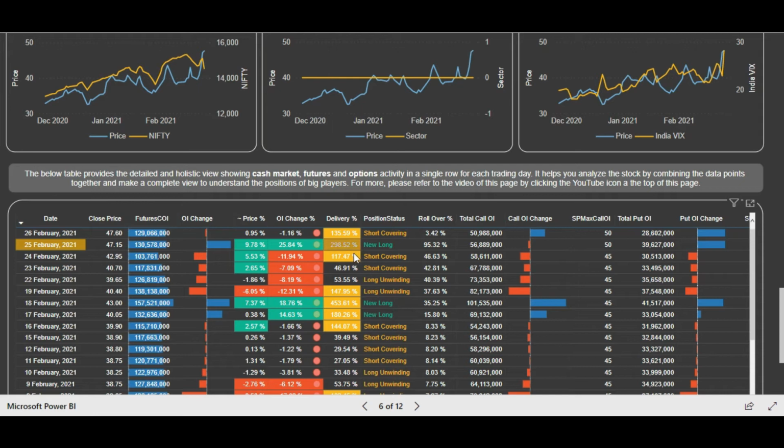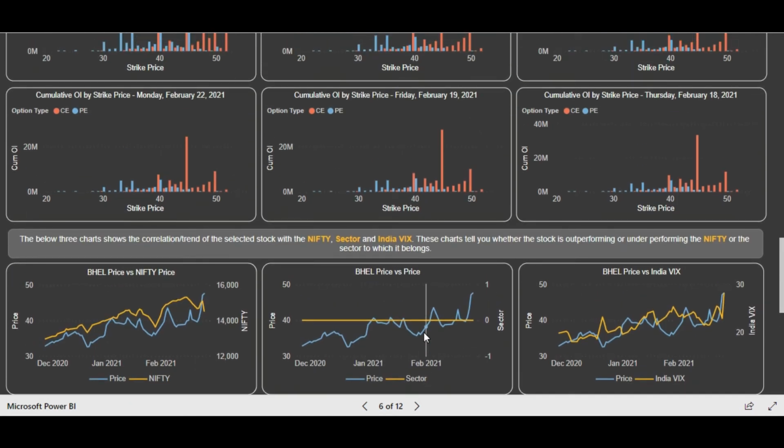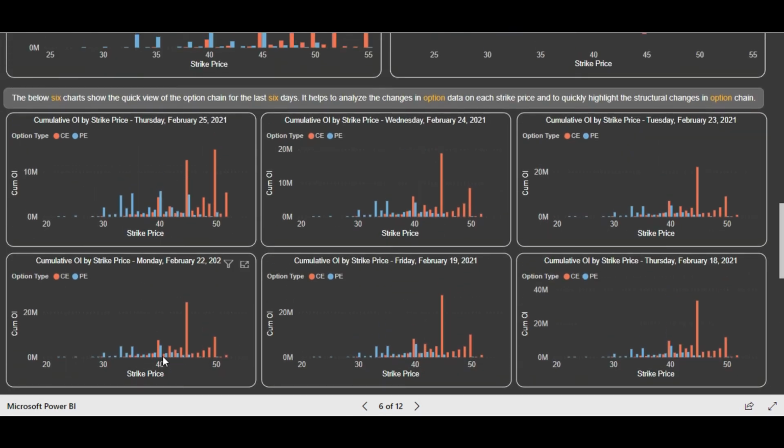So after that it also continued. So in this way you have to analyze the data, and then you see the changes in option chain, what really happened. Then put writing started happening at 40 strike prices, and call unwinding started happening. You see after 40, now the put writing is going on at higher strike prices also, right? So what I mean to say is that in this way you have to connect the dots.